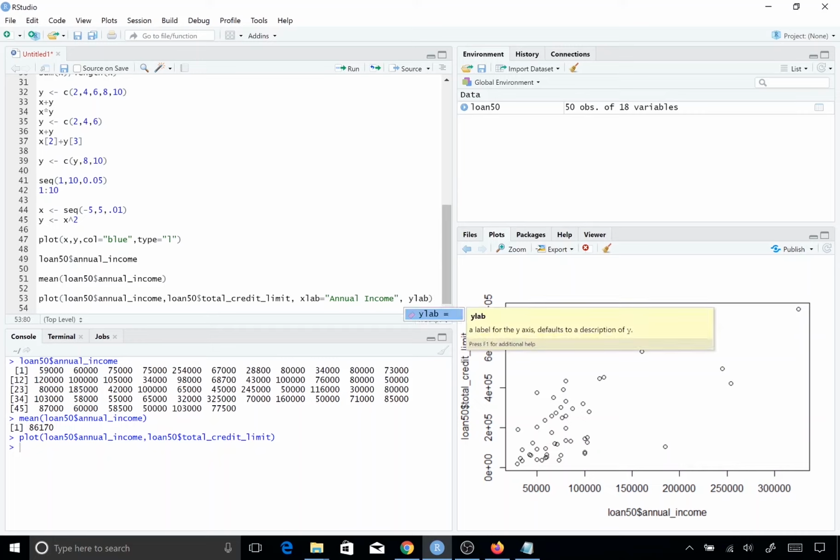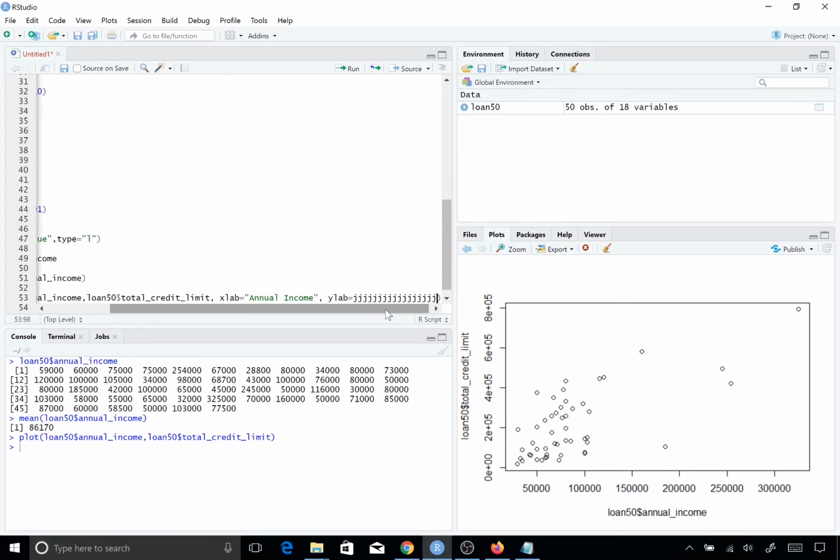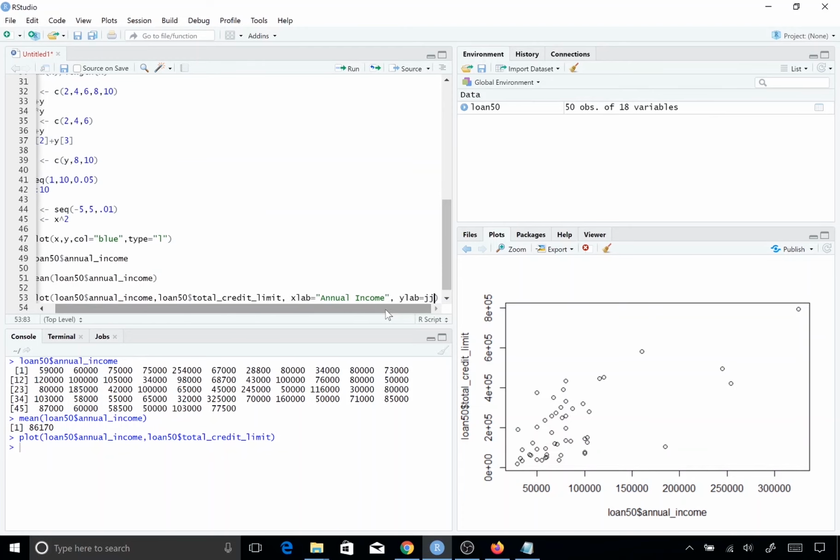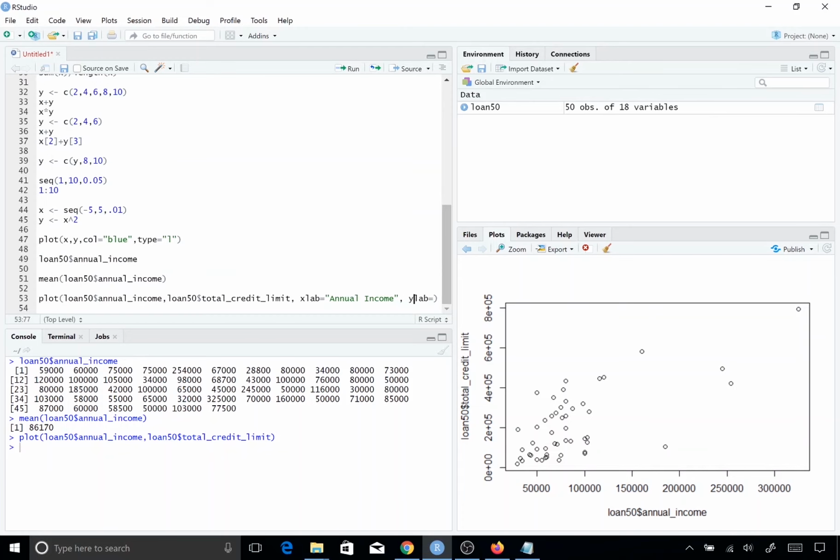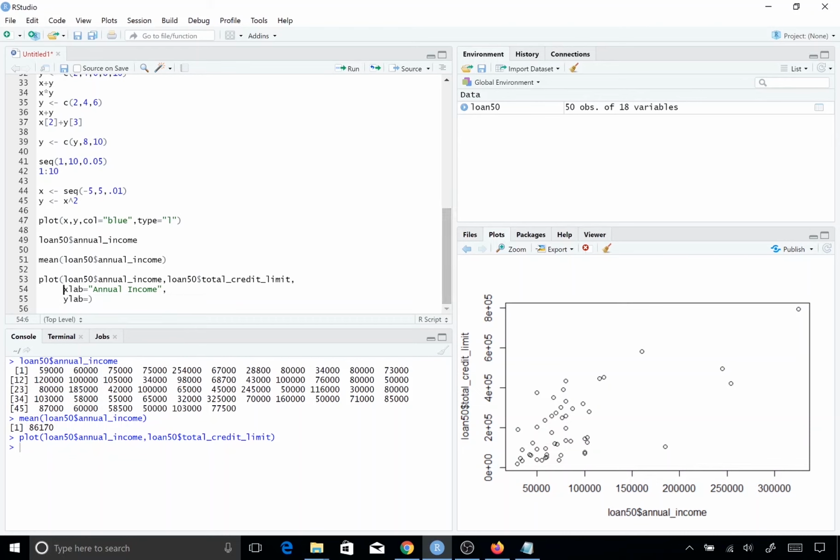When it's starting to run off the screen here, you can just keep going if you want to. It'll go as long as you want it to, basically. But it's good practice to drop down a line after the comma, just hit enter and bring it down another line. In fact, we can bring this down, and this might be easier to read. R will be able to figure out that there's nothing here and it needs to go on to the next line. So let's make the y label say just "credit limit,"